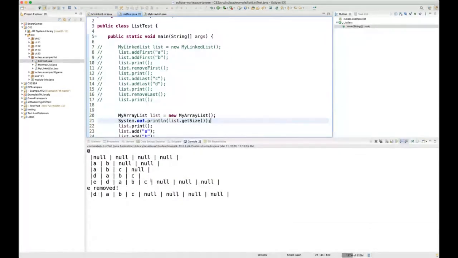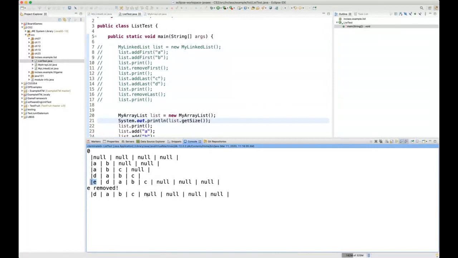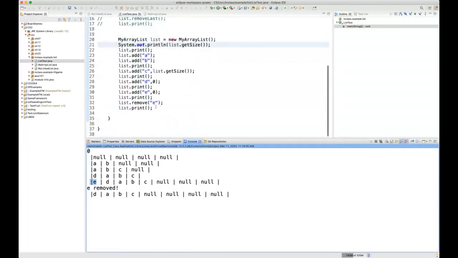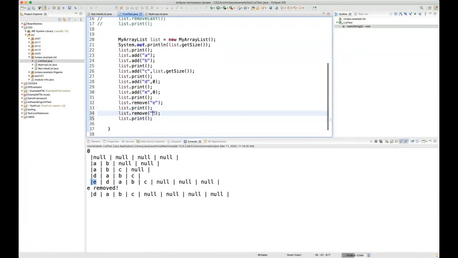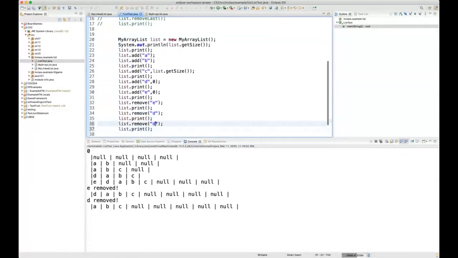So as you see, I had this E at the beginning. I removed it. Everything shifts. So if I remove another one, just to be safe, I want to make sure that the resize is working too. So I'm going to remove D as well. And then you see that the resize didn't work yet. And another one. Just want to make sure the resize is working. So I should make the resize happen. Yes. So we